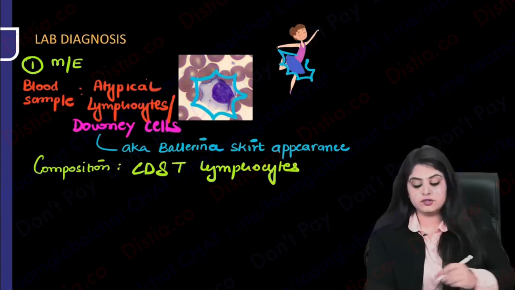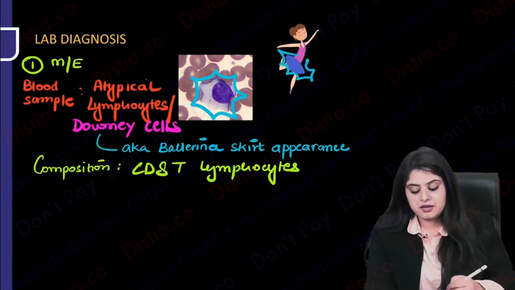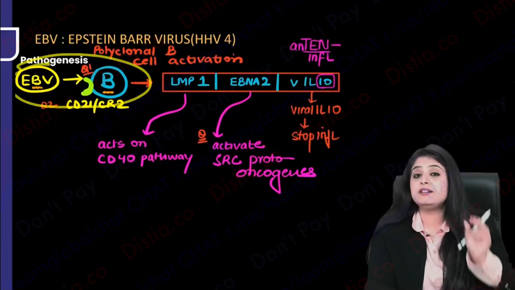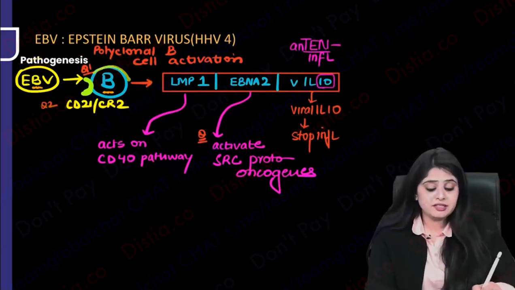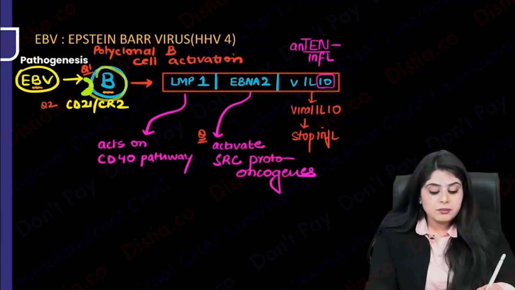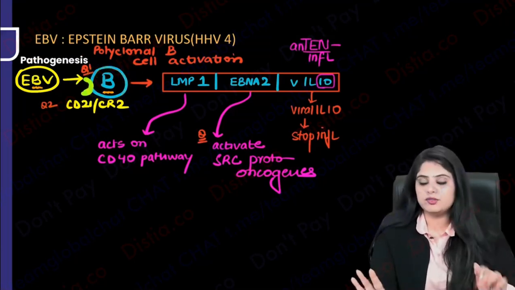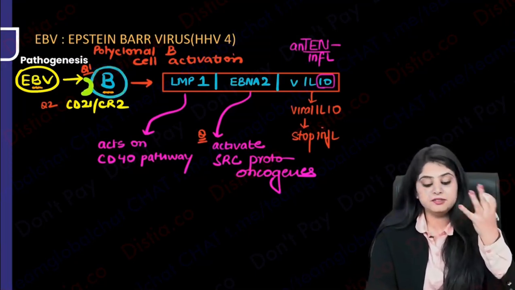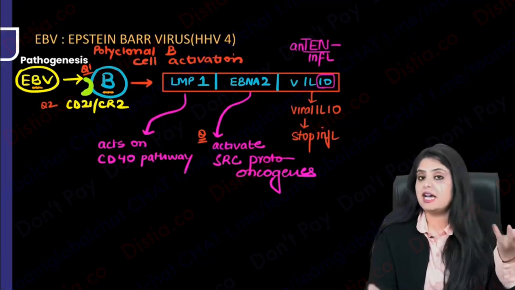Dekho, there are two questions. If I ask you, Epstein-Barr virus entered into which cells of the body? EBV enters into which cells? B cells. So B cell to bichara has been hijacked. How will the B cell make any ballet skirt? Not possible. So B cell calls his cousin brother T cell. He says, "Arey, listen, cousin brother T cell, I have been hijacked.